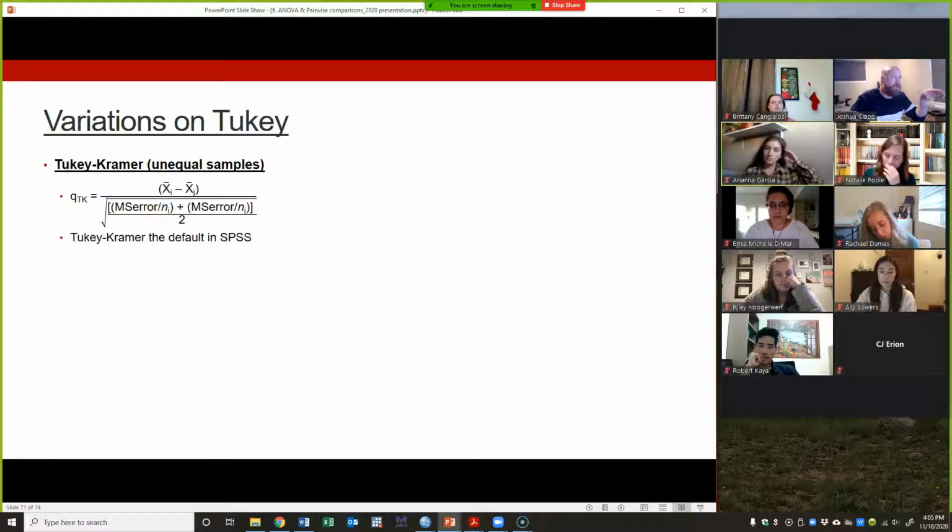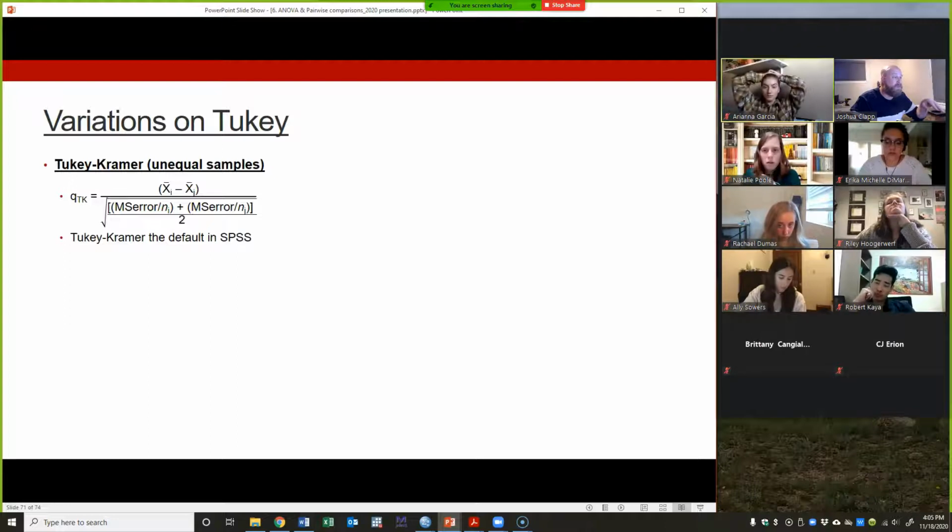Okay, some variations on Tukey. The Tukey procedure assumes we've got a balanced design. Tukey-Kramer is a variation of Tukey which allows us to account for the possibility of unequal samples. If I've got different cell sizes, Tukey-Kramer will adjust the formula to account for that. Tukey-Kramer is the default in SPSS,